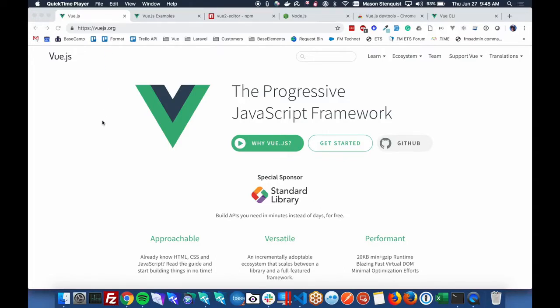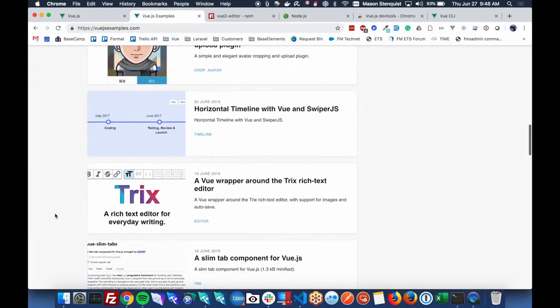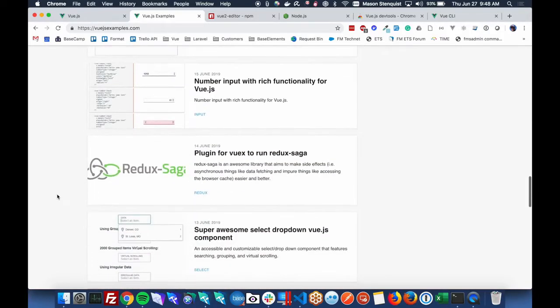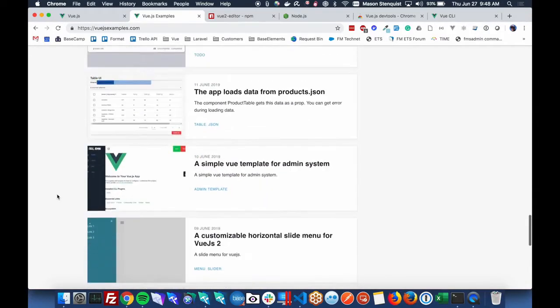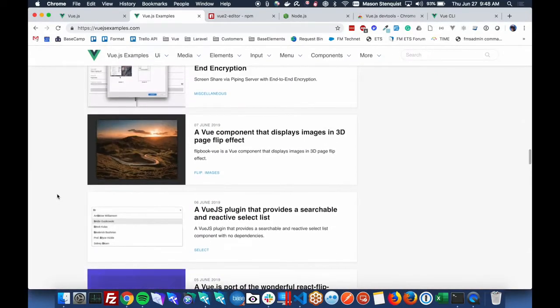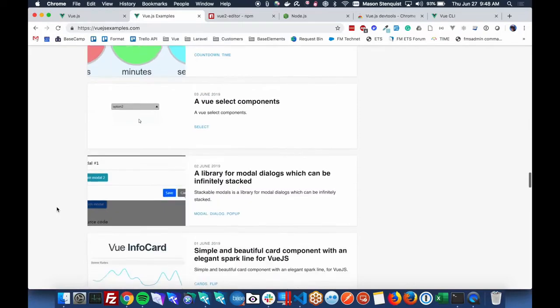Some of the reasons you might want to use Vue as well is they have a lot of components that you can pull in really easily and start using in your project. For example, there's this Vue.jsexamples.com, which just has tons and tons of different things. Rich text editors, forms, all sorts of stuff. So these can be very helpful, and they can either be integrated into like a web portal, or sometimes they can be integrated directly into your FileMaker system using web viewers.